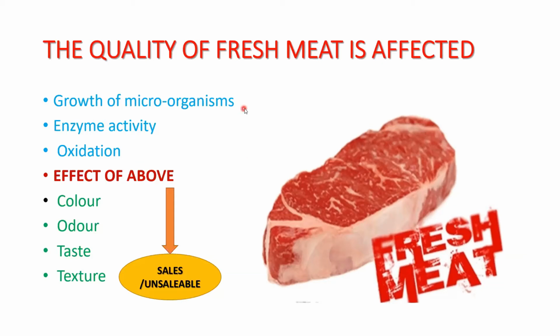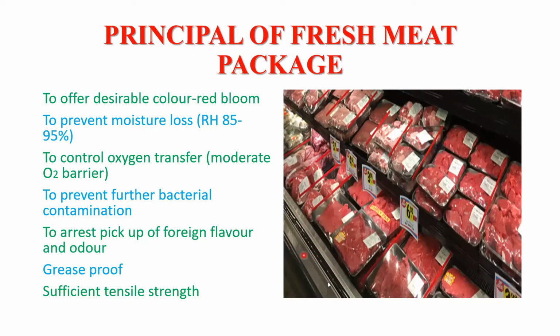So growth of the microorganisms, enzyme activity and oxidation can affect the color of the fresh meat, the odor, the taste and the texture. Because these factors are affected, it can reduce the salability of that product, or it can make the product unsaleable. So what are the factors that we have to take into consideration when we are going for packaging of